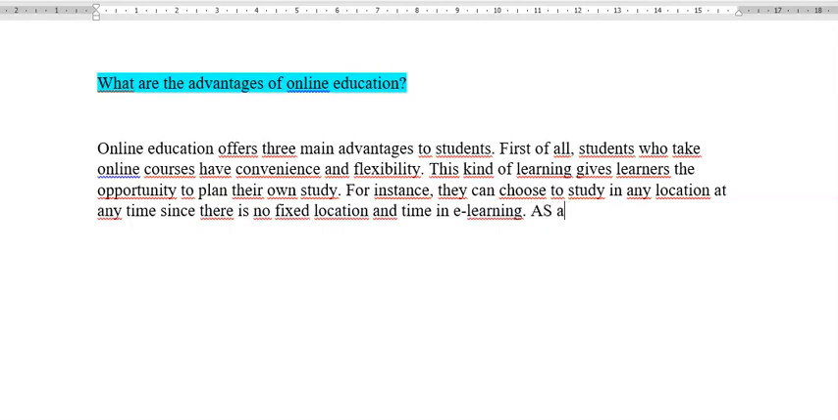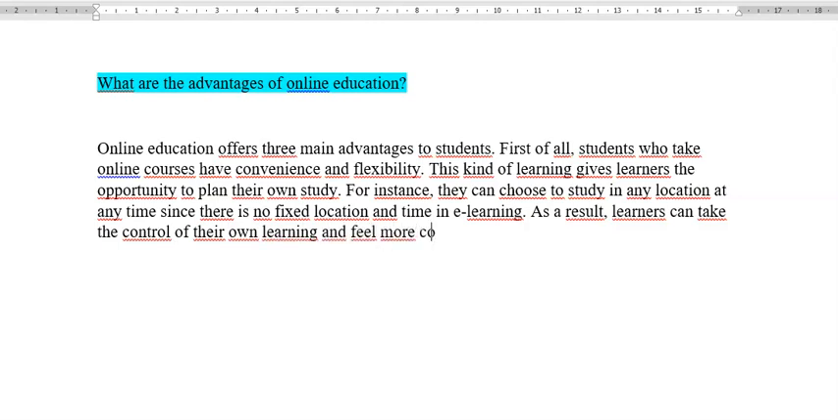And as a result, what happens? So also I need to show. So yes, this happens, but as a result, how this helps the students. So as a result, learners can take part. Let's say can take the control of their own learning and feel more comfortable. So guys, as you can see, in an advantage paragraph, we are not only writing the advantage, we need